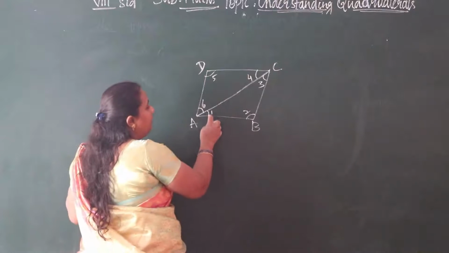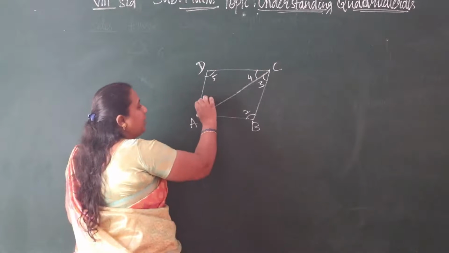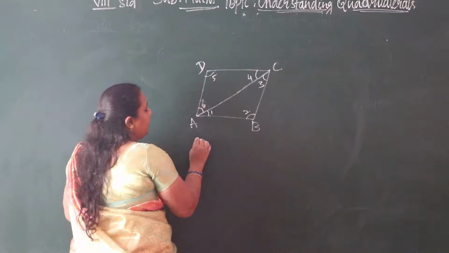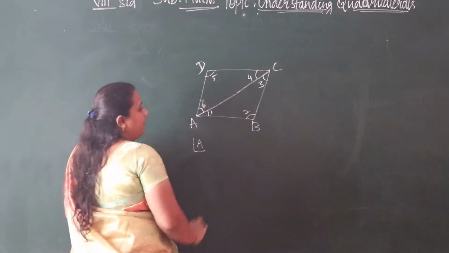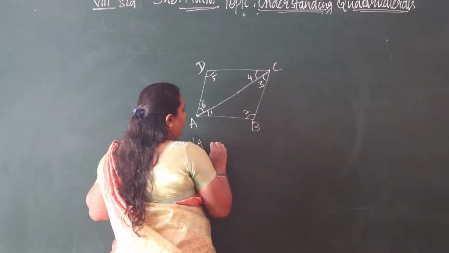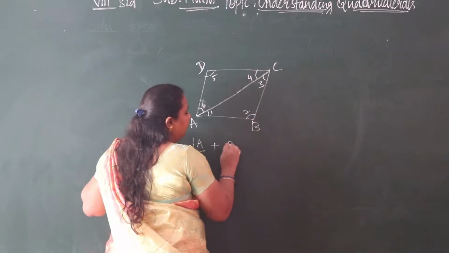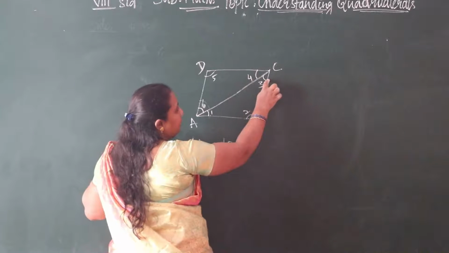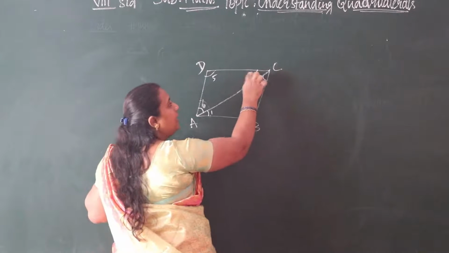Here angle 1 plus angle 6, we can say, is angle A. Angle 2 is angle B, and angle 3 plus angle 4 is angle C, plus angle 5 plus angle B,